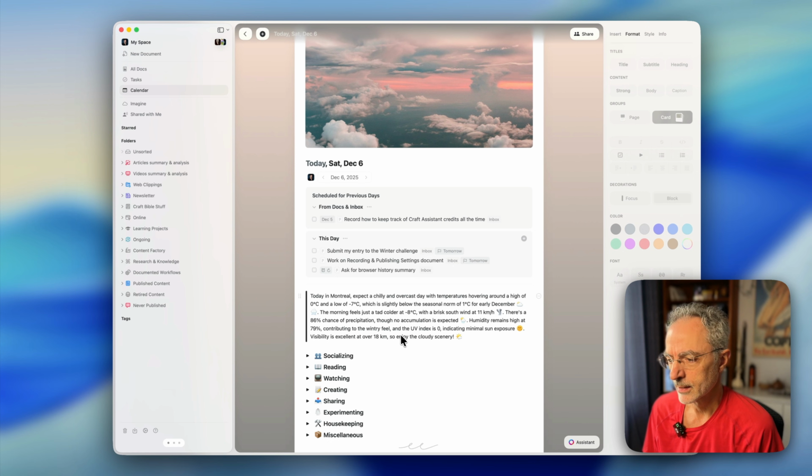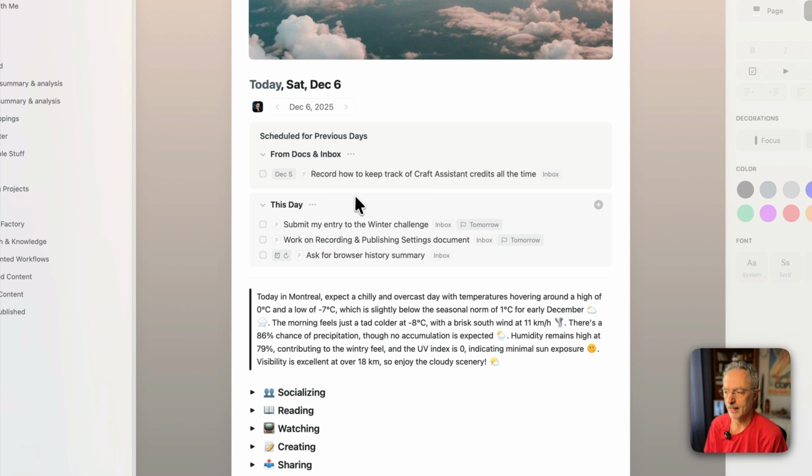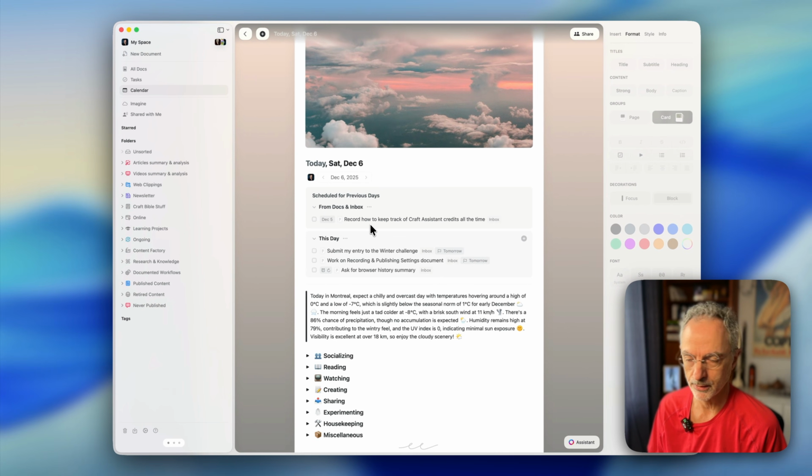The other thing that I find interesting is that I'm also restarting using Craft Tasks. Having this one view of my day, where today I have those tasks on my plate. Maybe I have some other tasks that I did not complete on a specific day, which are brought to me in my current day. Having that in front of me helps me to be more focused when I'm working. Overall, I think it's a better creative experience by combining those two together. And as you'll see later in the video, this enables some other interesting use cases too.